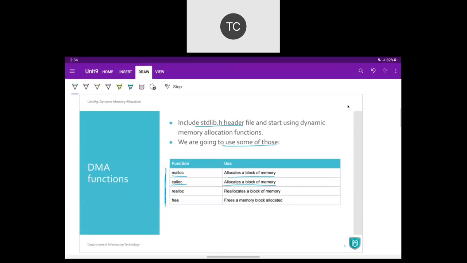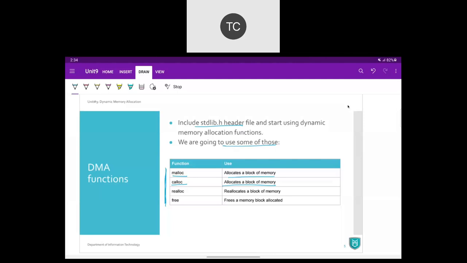Okay. So going back to this discussion, malloc and calloc, memory allocation and contiguous allocation, or whatever you say, but malloc and calloc, these two functions are used to allocate a memory block.